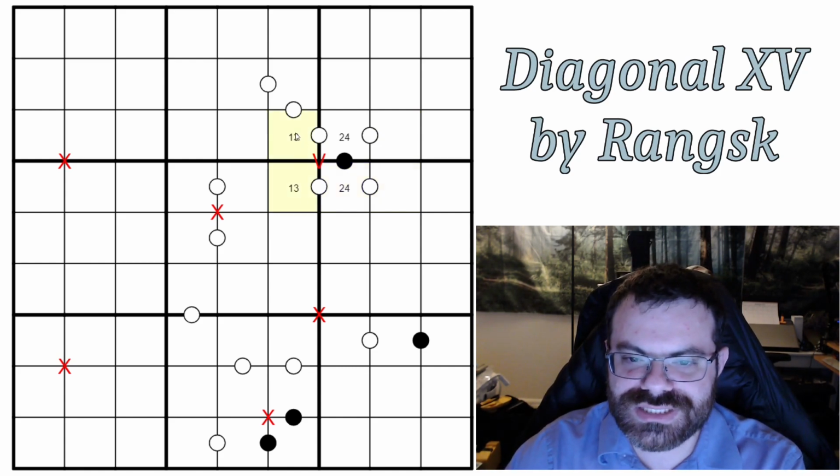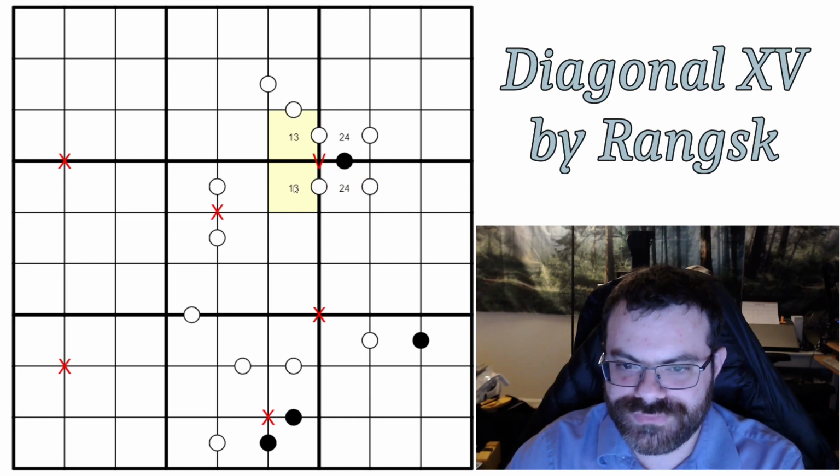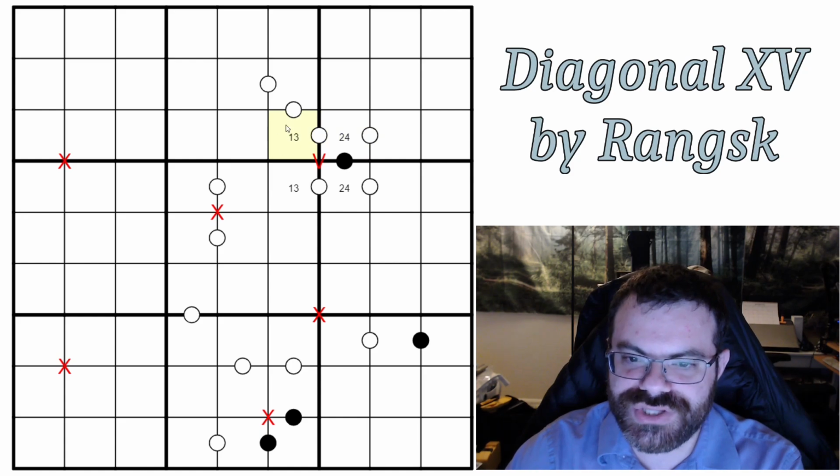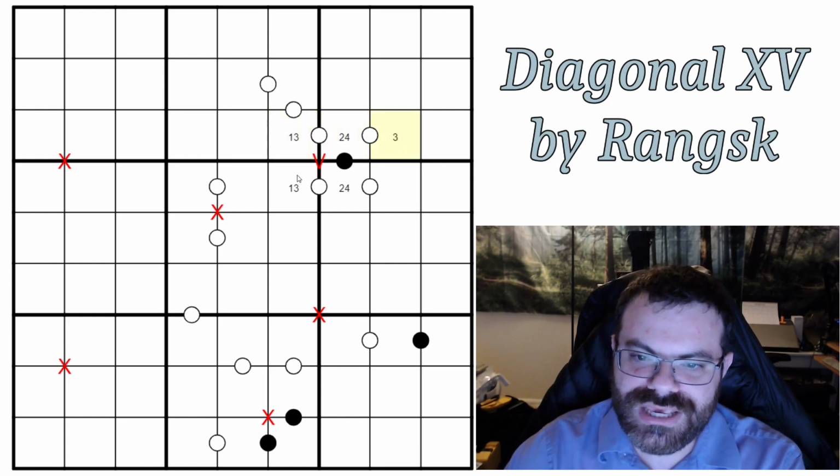So one of these is going to be a 1, one of these is going to be a 3, just by definition of the pair. So if this, we'll just pick one. Let's say this one's 1. So if this were 1, this would have to be 2, because it can't be 4. It has to be consecutive with 1. And then we have to be consecutive with 2, which is 1 or 3, but we've already used the 1 in this row. So we'd have to go 1, 2, 3. If it were 3,